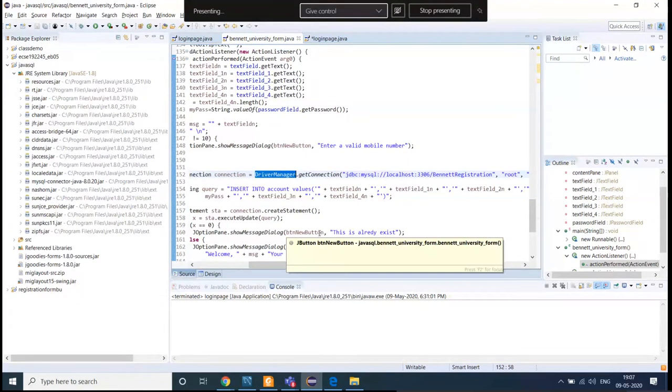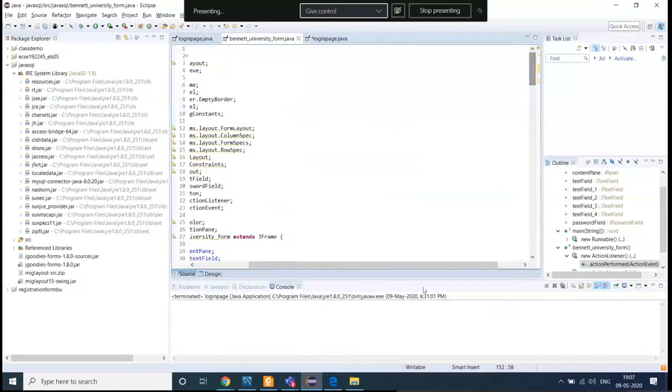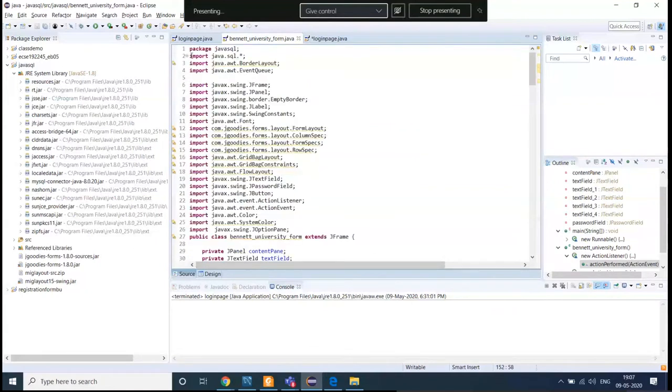One more important thing. Whenever you want Java database connectivity, you have to import one more package, and that package is import java.sql. This is the package which you have to import. If you are not importing this package, then you cannot use functionalities like the DriverManager class. How are you going to access that DriverManager class? Through this package, the SQL package.